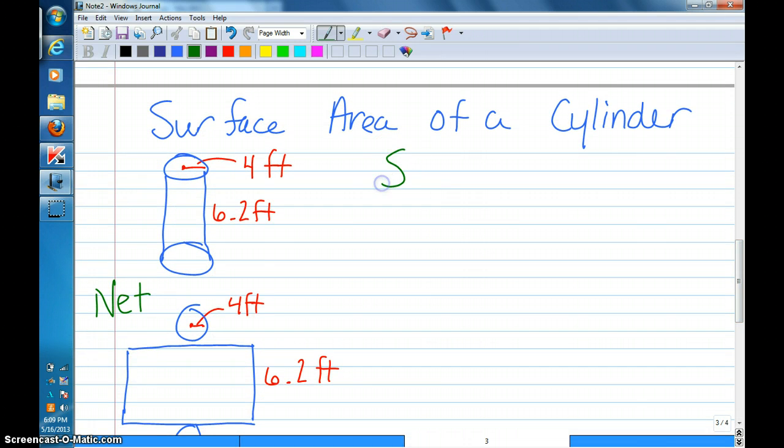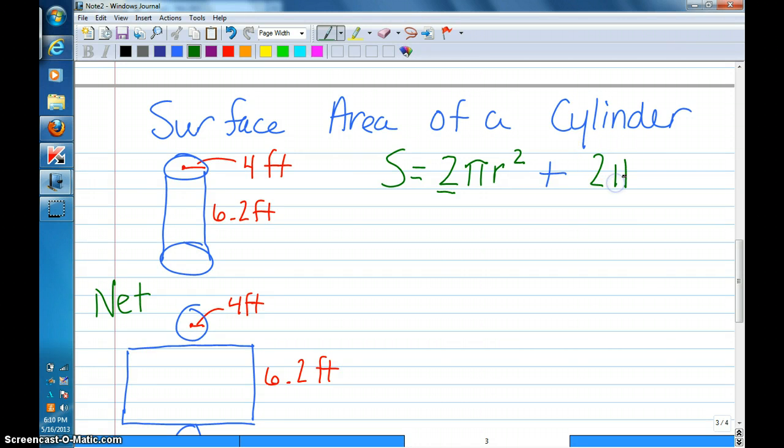So it's big S for surface area. Now you might recognize this, 2 pi r squared. So that first part, pi r squared, is the area of one circle. But if you notice in the cylinders, there's 2 of them. So that's where we get the 2 pi r squared. We then add the second part of the formula,